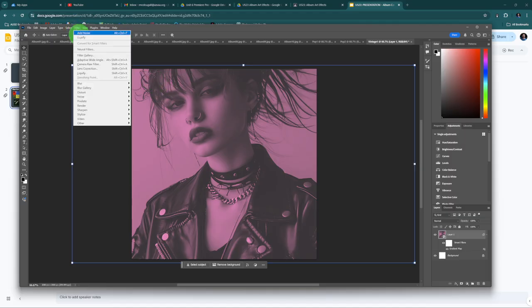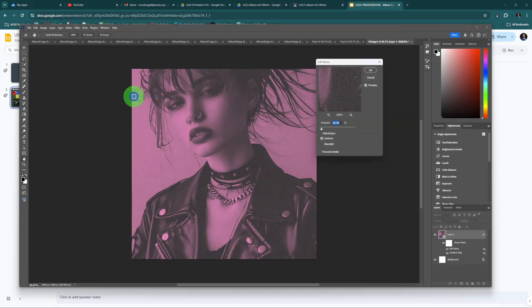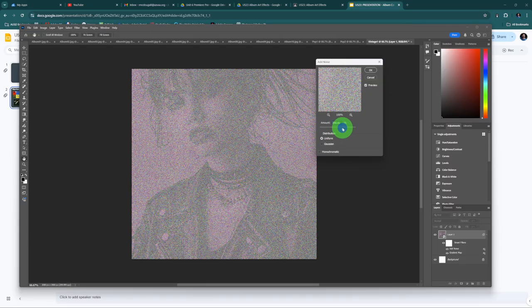Click on Filter, and then we're going to go to Noise, and then simply Add Noise right here. So what you'll see here is it starts to add the little grain to it, and you can increase the amount by increasing this slider right here. You see how I increase the slider, the noise gets higher. Obviously you don't want to go crazy like that because now you can't even see the image anymore, but pick